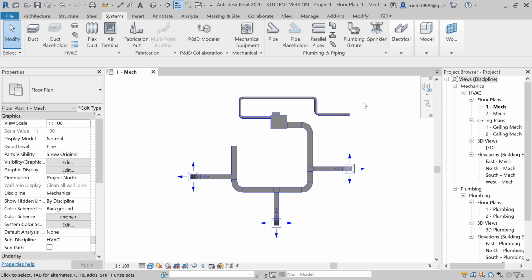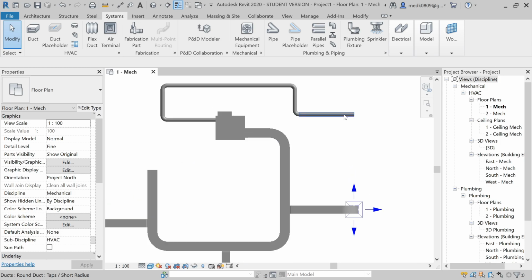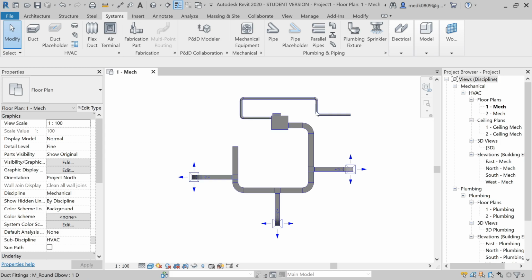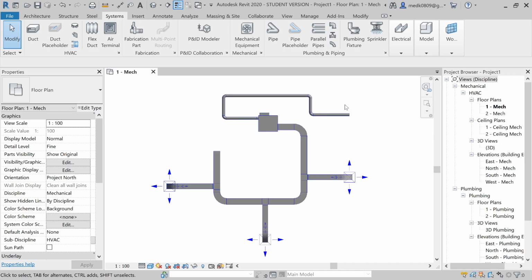Okay, so let's bring your mouse over this duct over here, small duct. When you will bring your mouse over this duct will change its color, will become blue. It means your duct has been selected. Okay, if you want to select all the circuit from the duct to the mechanical equipment, and to these terminals, for that let's go back to this duct till this blue color will appear and then press tab key 1, 2. Okay, so see all the circuit has been changed to blue color, means you have selected all the circuit.